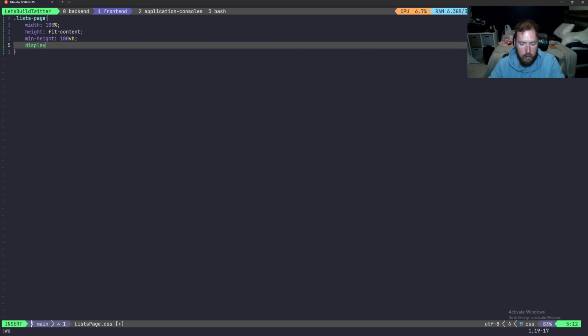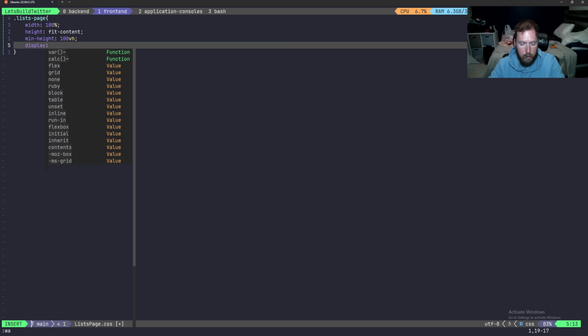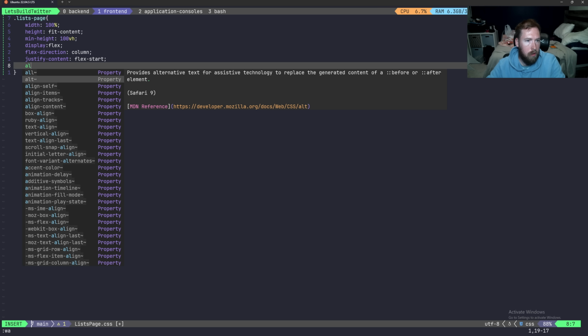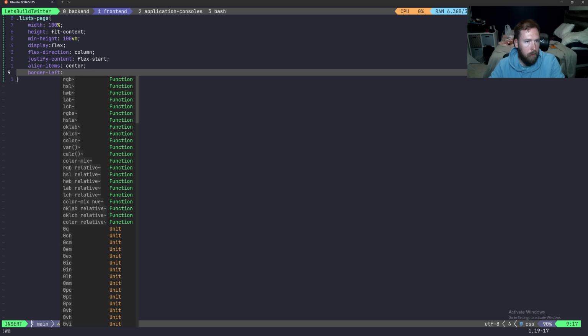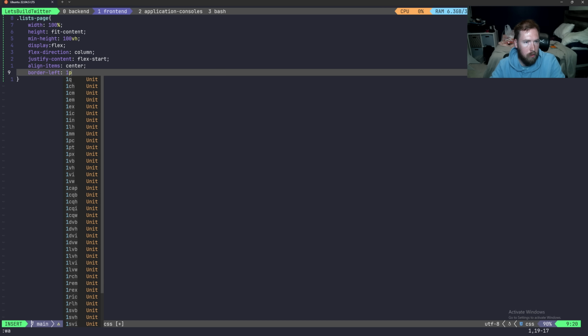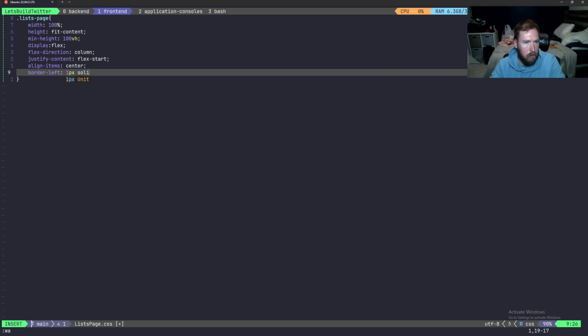My goodness. Display: flex. We're going to go ahead and set flex-direction to column. We're going to justify content to flex-start. We're going to align items in the center. And then we're going to have a border-left of 1px solid #AAB8C2, and then we're going to also do a border